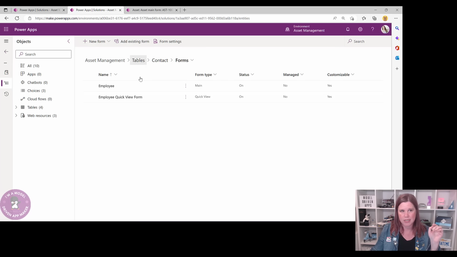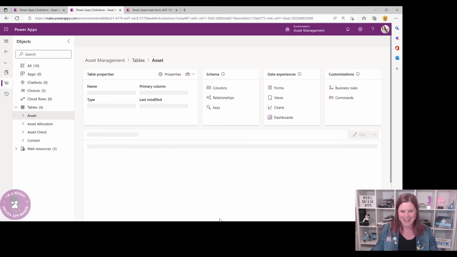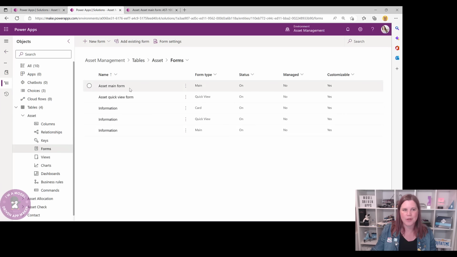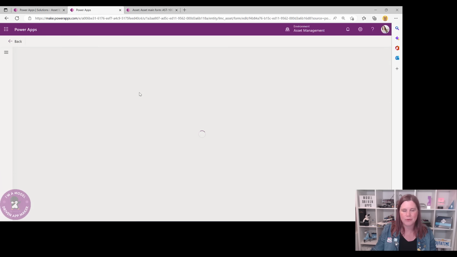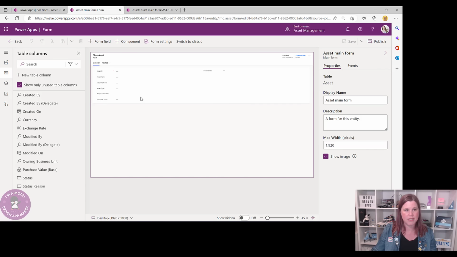So I'm going to go back to my tables and go into the asset. I reckon I've used the word asset a lot of times in this video. Never mind. All right, so asset forms, and we are going to go into the asset main form. And this time, instead of creating a tab, I'm actually just going to create another section along the bottom. So we've got our main section at the top here,